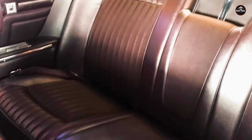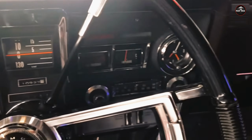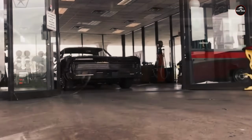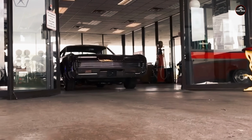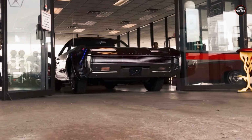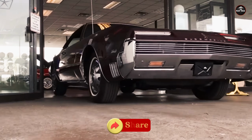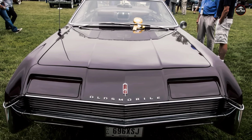Market impact and reception. Upon its release in 1966, the Oldsmobile Toronado was met with widespread acclaim from both critics and consumers. Its combination of striking design, advanced technology, and impressive performance set it apart from other cars on the market. The Toronado was awarded the prestigious Motor Trend Car of the Year award in 1966, a testament to its revolutionary